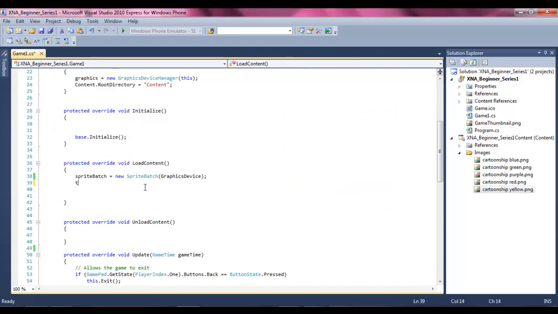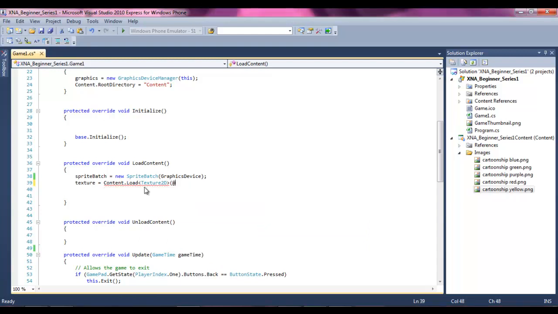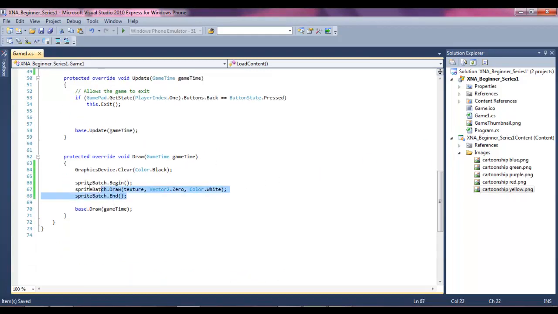And how we add this in is texture equals Content.Load Texture2D, and then we say at Images, and then we can say red. Make sure you have a semicolon at the end. To show you the differences in code,